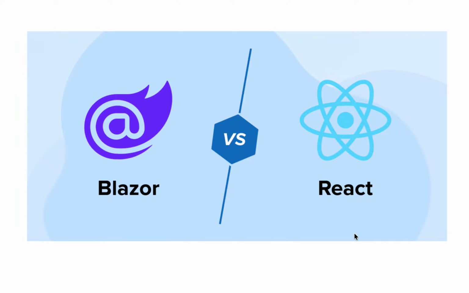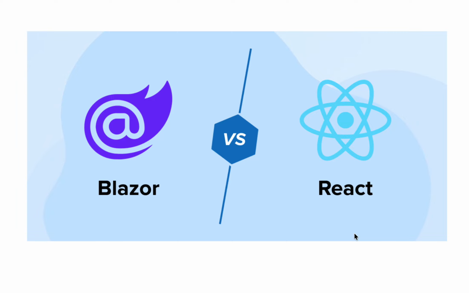Blazor and React.js are both used to build modern web applications, but they come from very different ecosystems. Let's talk about React.js first. React.js is a JavaScript library developed by Meta for building user interfaces. It focuses on creating fast, interactive web apps using the front end world and has a massive ecosystem of libraries